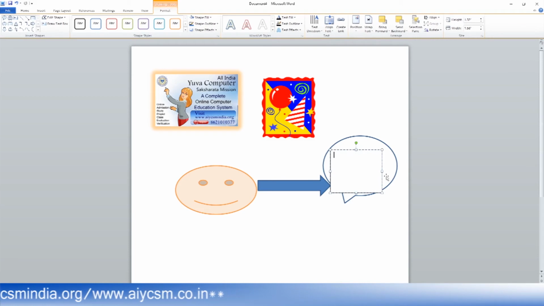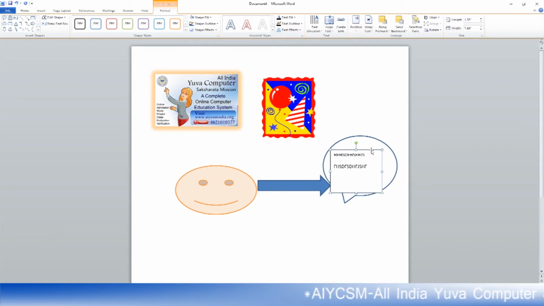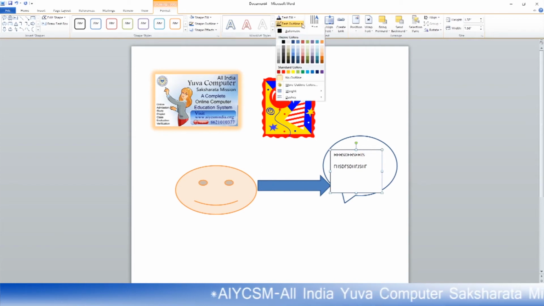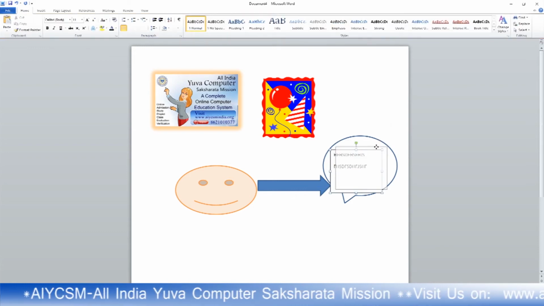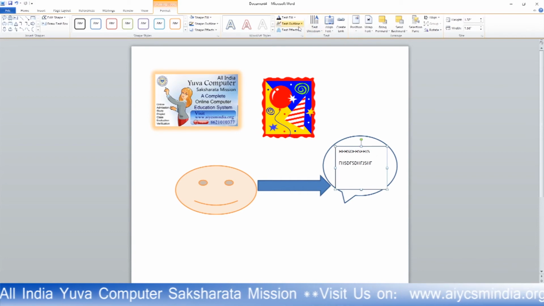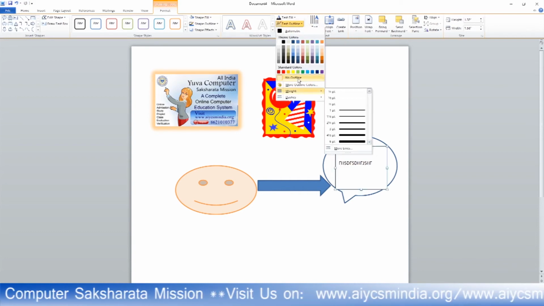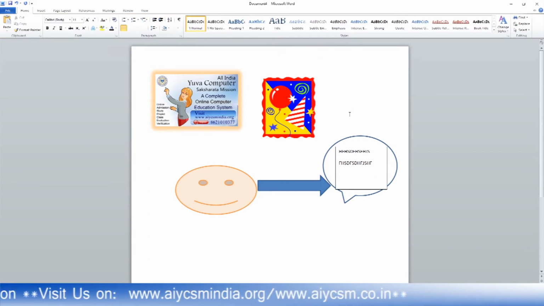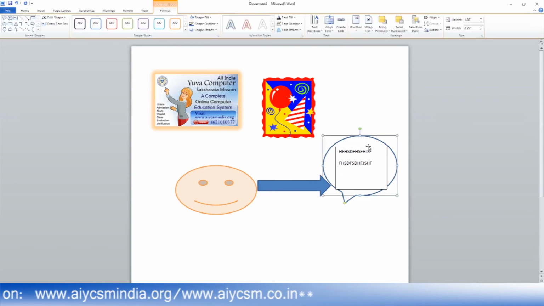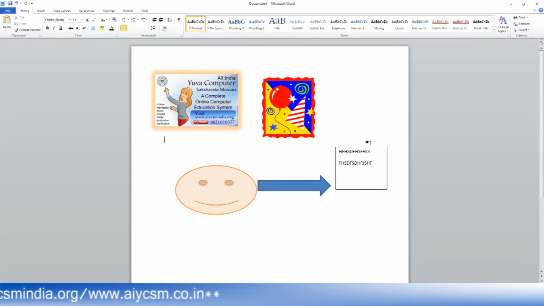Take the text box, backspace, and write something on it if you want to write, and then click on this one, text field, click on this text box, no outline. With no outline, you can delete the outline effects and other things from this. So you can write like this with the help of a text box and different types of shapes, and if you want to delete it, you can delete it.